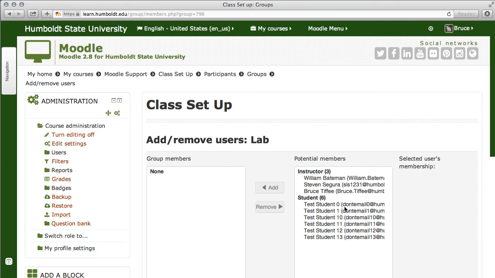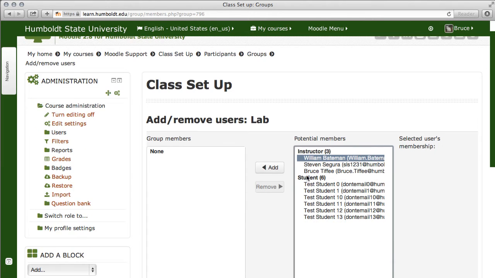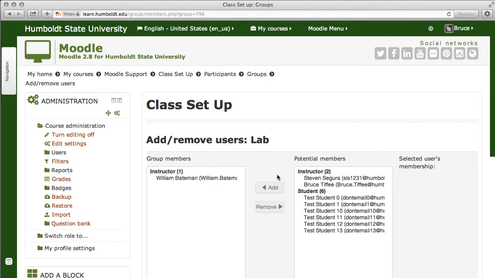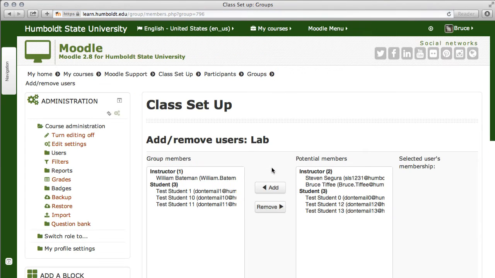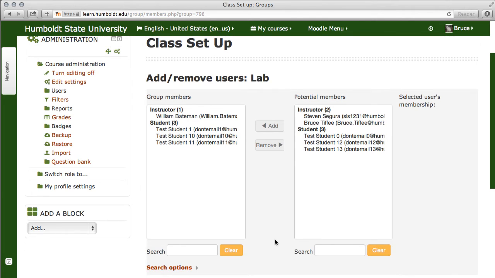A very important part of some items, for example in a forum, if you have a question and answer, you do need to be within the group. I think it's a good idea for an instructor to be a member of each group that they create. I'm going to then click on student 1, student 11, and student 10, and coming to the center going to choose add, and now I have created my first group.